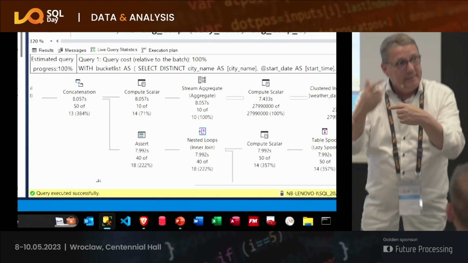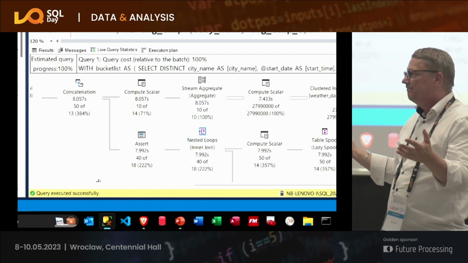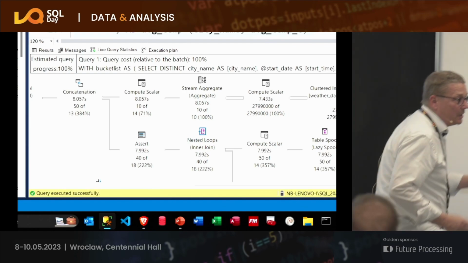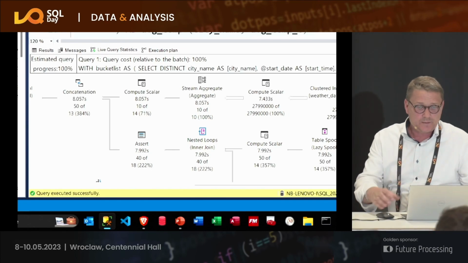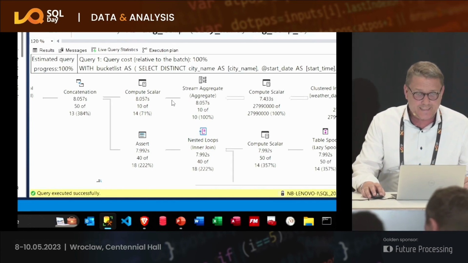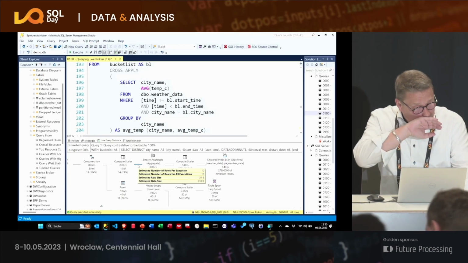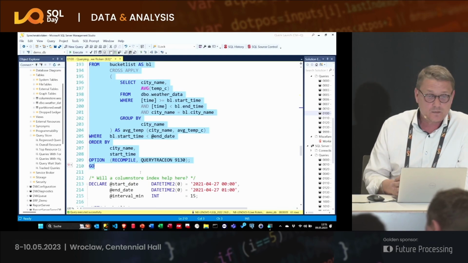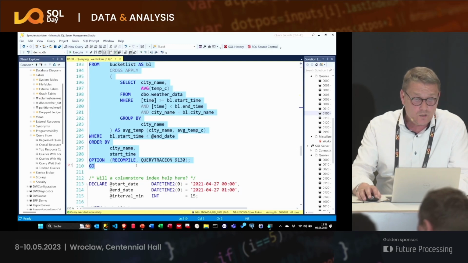And a distinct is nothing else but an aggregation per city. So SQL Server is scanning all the 30 million rows. Here we come back with our 10 rows. These are our 10 cities. And then we could go with the cross-apply operator. So that is a very, very slow technique.